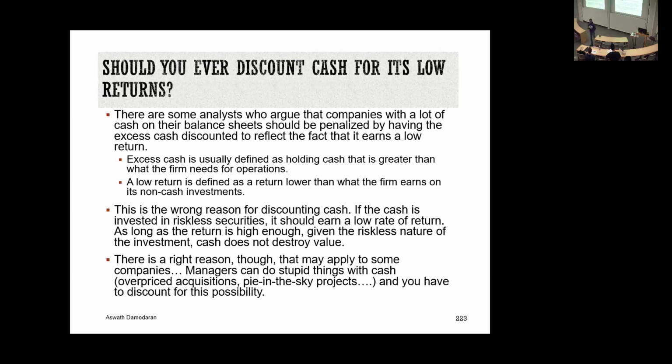So the key issue then with cash is not the cash itself, it's whether you can trust management of the cash. You remember in corporate finance, in the dividend policy section, I talked about trust and how when you trust management, you're willing to let them hold the cash. And that trust comes from looking at a history. If there's a history of doing bad acquisitions or taking terrible investments, you lose that trust. So the right reason for discounting cash is because you don't trust management. The wrong reason is cash earns a low rate of return. That's kind of a non-starter. Any questions on cash balances?